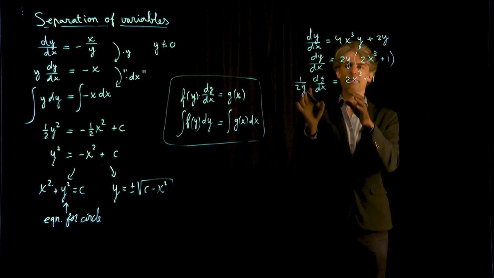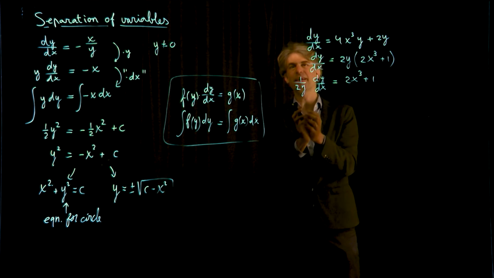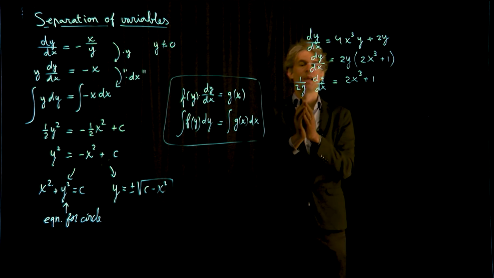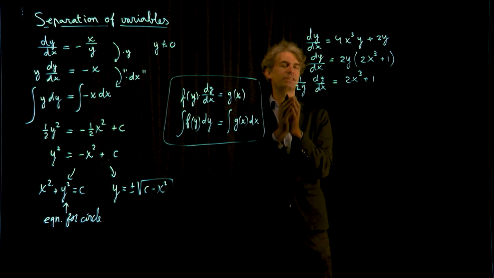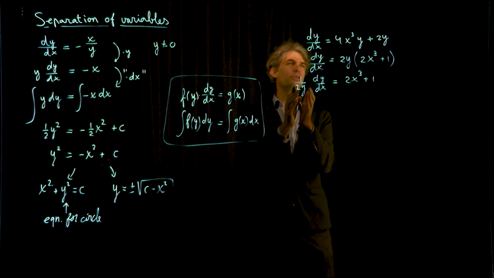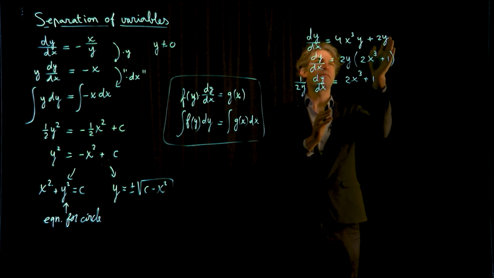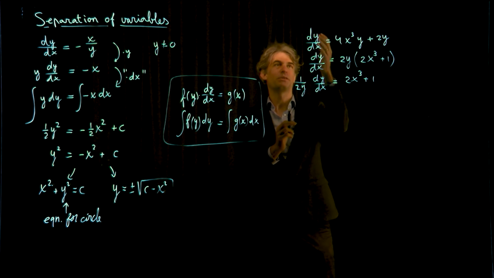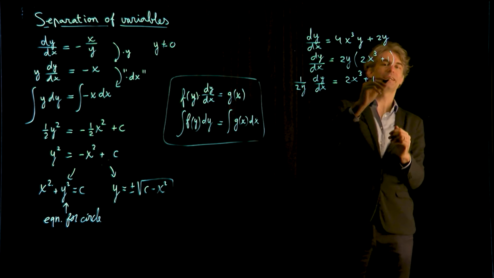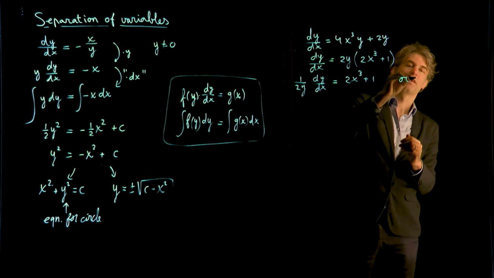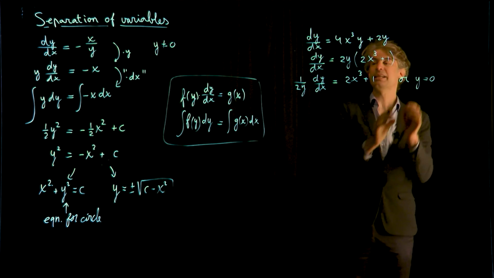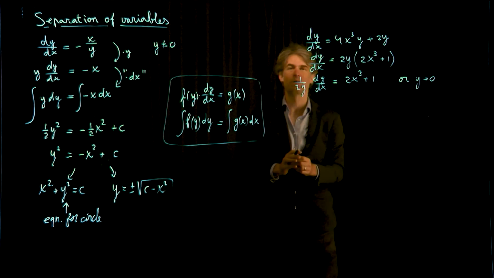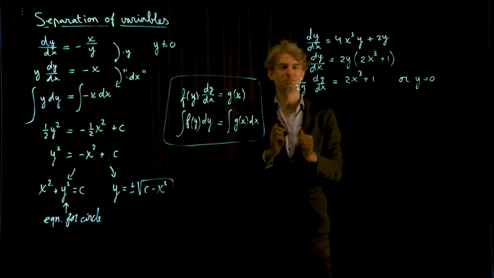Now I have to be careful here, because just like before, here I have an equation where I divide by y, so it's not entirely equivalent to this original equation. Actually, I'm throwing away one solution, so let's check if y equals 0 is a solution. Well, if I plug it in, then the right-hand side is completely 0, and indeed the derivative of the function y equals 0 is also 0, so I should take care that y equals 0 is a solution that I have as well. So a solution of this is either a solution of that, or it is the solution y equals 0. It's easy to forget about that one, so don't do it.